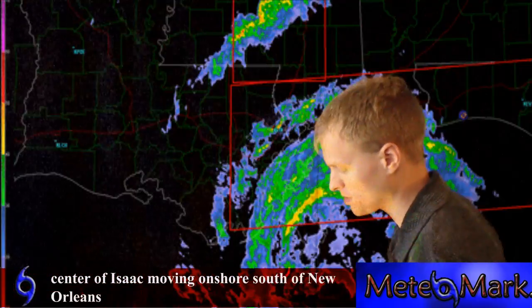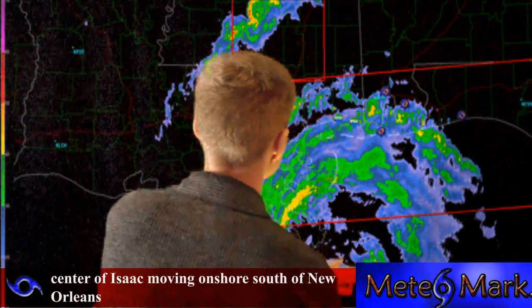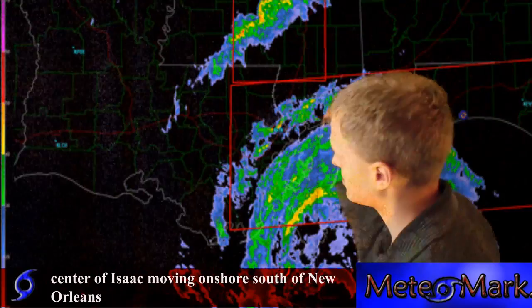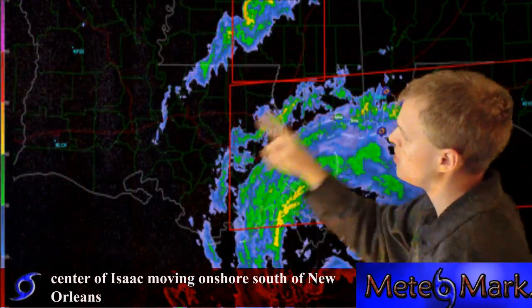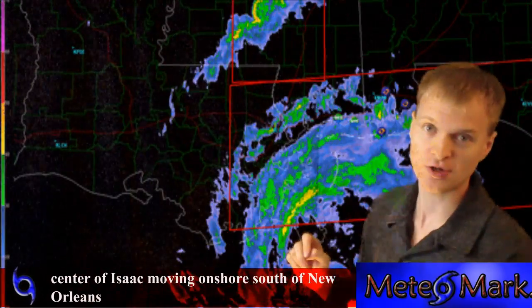Let's take a look at the New Orleans radar right now. New Orleans radar shows the spiraling bands. Take a look at all the spiraling bands moving in. You can see an actual center of circulation moving in. You don't see any really secure, tight eye, but you see a very strong center. You see these oranges and yellows on the radar signifying the strongest part of the hurricane is now moving